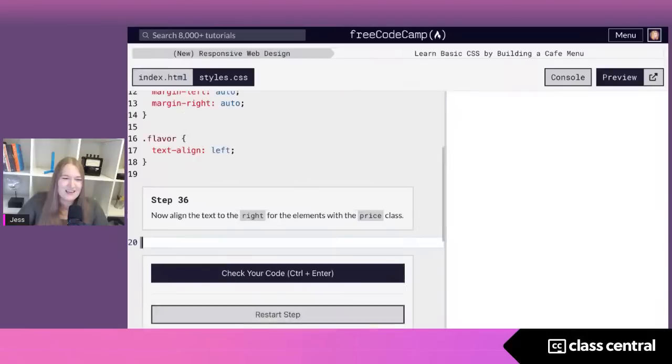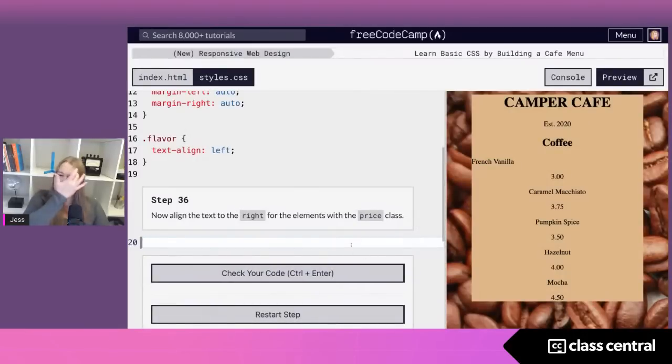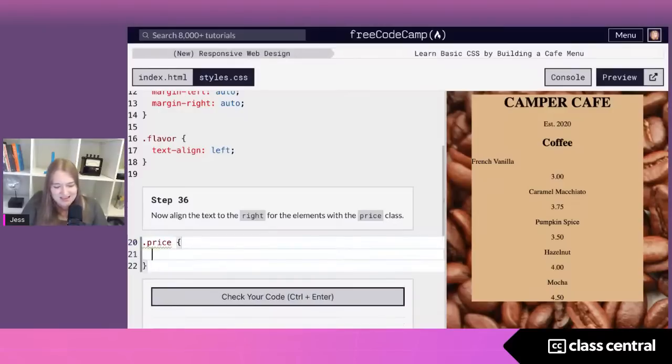This passes. And now, okay, this makes sense. Hey, here's a class. Price. We're going to set our curly braces, and we're going to text-align